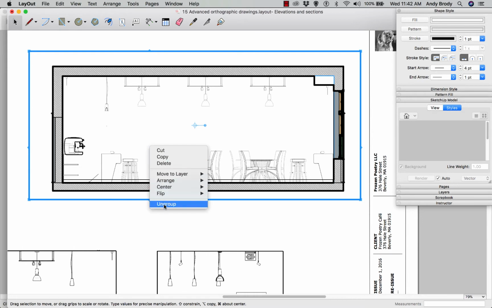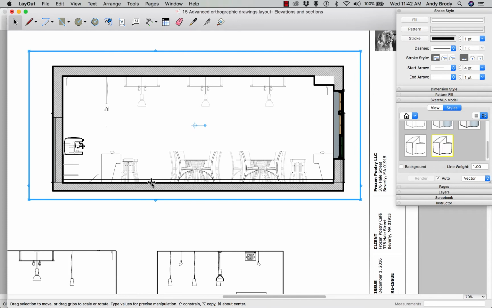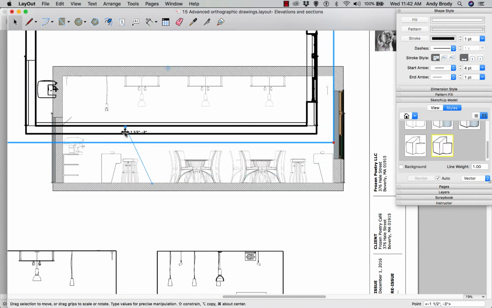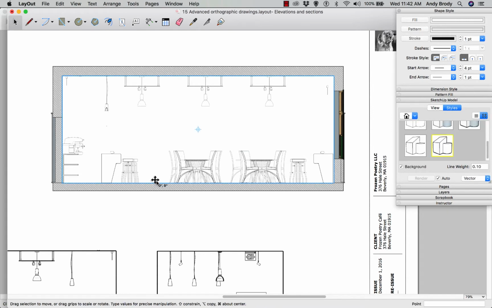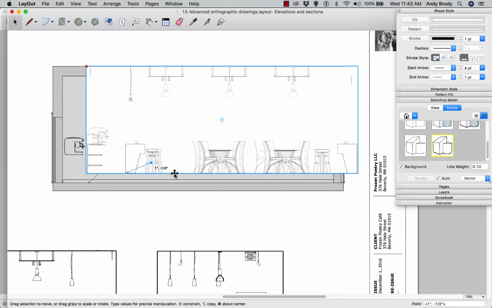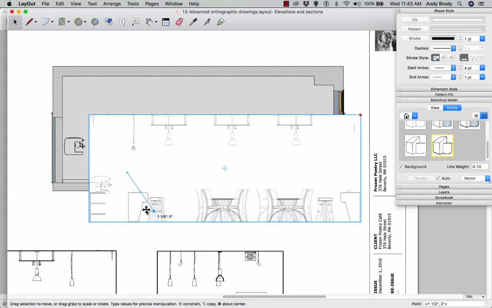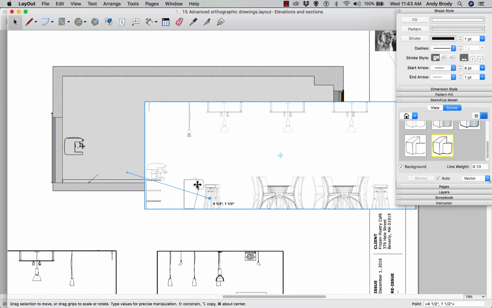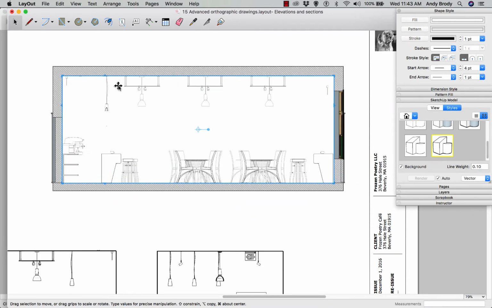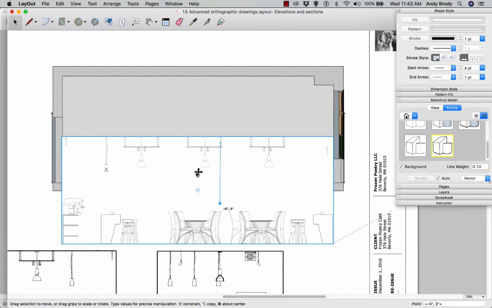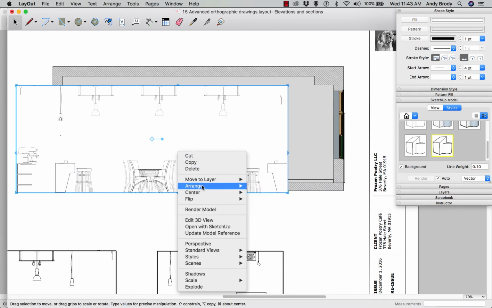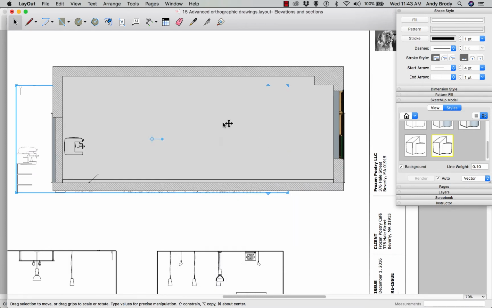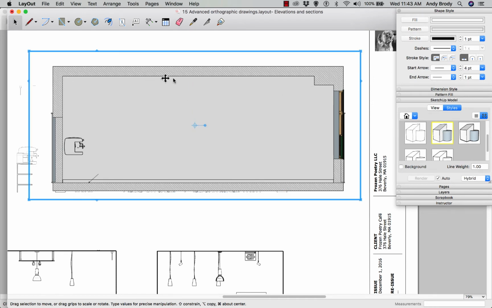Well, first of all, I'm going to ungroup this and pull apart the pieces. We don't really need these lines, okay? So I'm just going to delete that particular layer. And in this case, I've actually got the furniture on a layer which is just black and white, and then I've got another layer for the poche. So perhaps what I'll do is drag this out of the way here, I'll just send it to the back, and what I'm going to do is trace the outline here of this space,